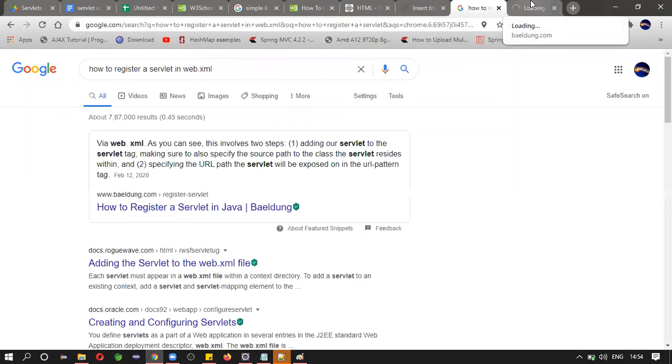What does it mean? Say we are not having a single servlet in the application. You will see 100 servlets. So in order to use that servlet in our application, first you need to mention that this is a servlet I am using for so and so purpose.